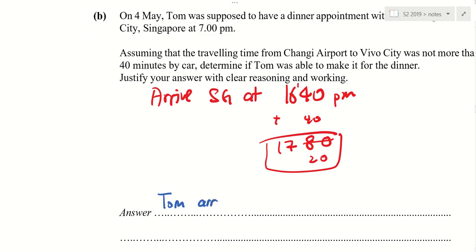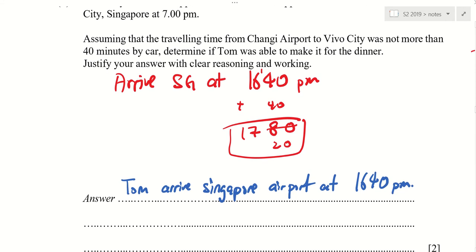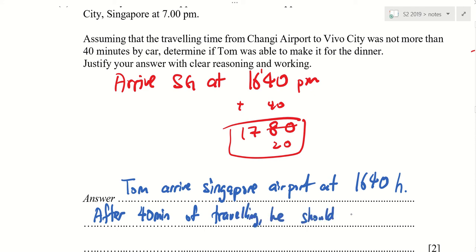Tom will arrive at Singapore Airport at this time, right? Use the 24-hour, then this is just an hour. So after he arrives here, he needs another 40 minutes. So after 40 minutes of traveling, he should arrive at Vivo at